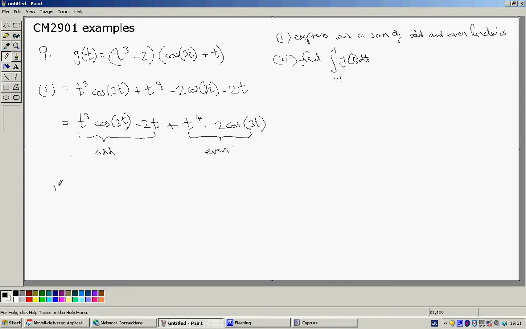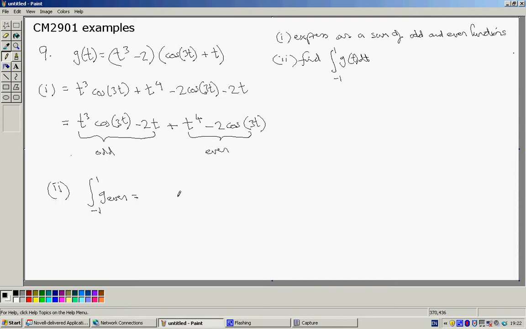And in part 2, we're asked to find the integral across the symmetrical limits of g of t, and it's helpful then to know that the integral of an odd function, or an odd term of a function across symmetric limits, is 0. So we can discount the first term, the odd term, and only have to think of this, that the integral from minus 1 to 1 of the even part of g of t